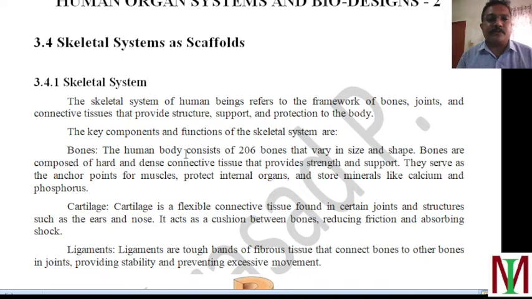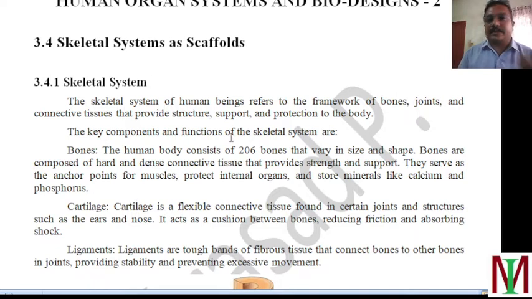Okay, so skeletal system. Before that, we should know what a scaffold is, which I already explained in my previous video, muscle system as scaffold. A scaffold is a structural thing which is used as a support for growth, or as a mechanical support. So to understand how the skeletal system is used as a scaffold,